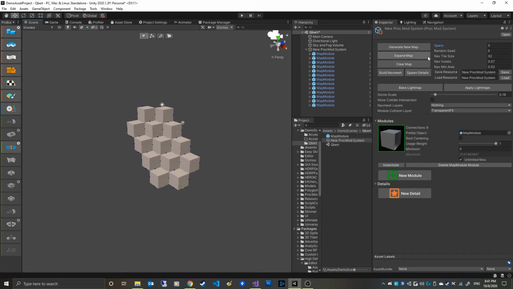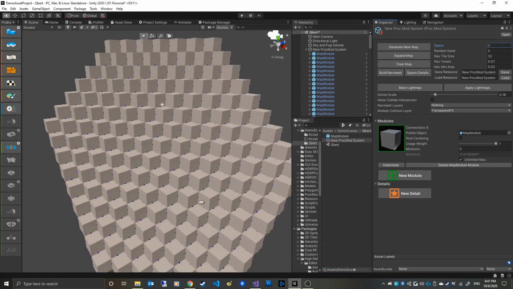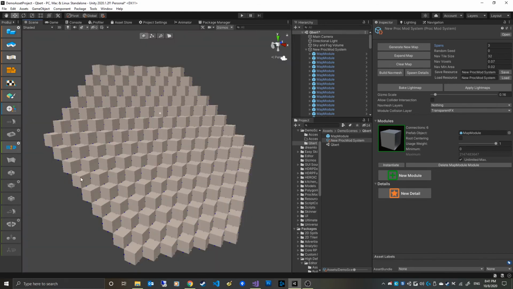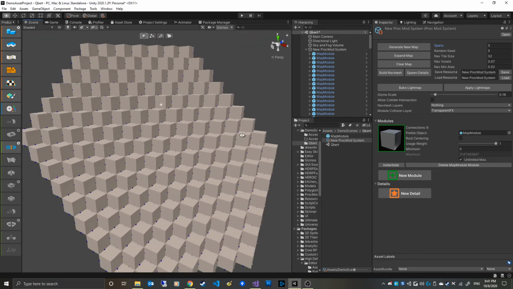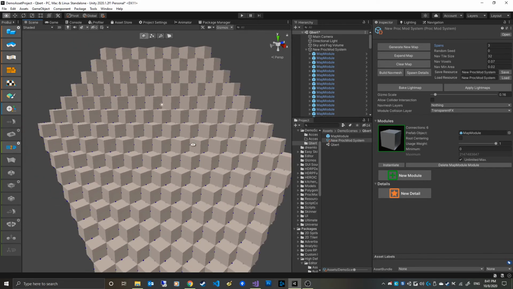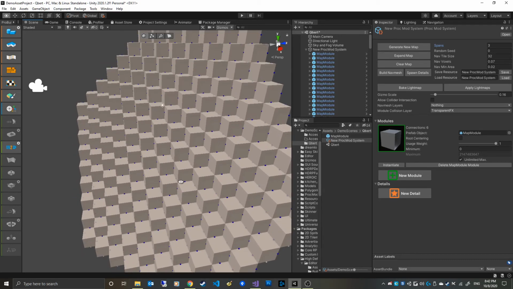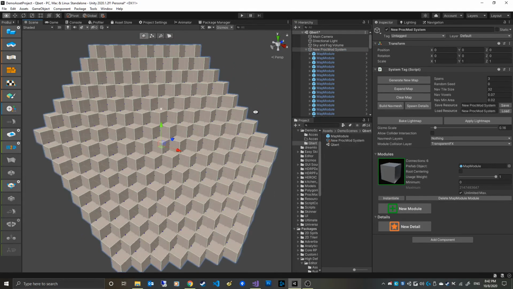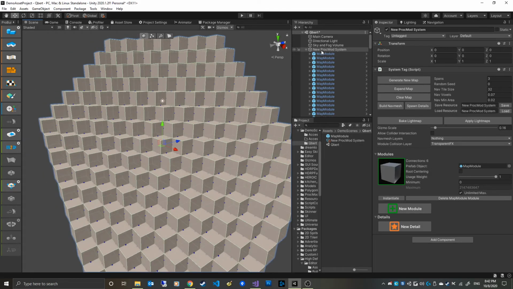So you can see really what that does by just clicking expand. It will continue to generate and expand the map from all of the junctions. So because our object is the same, it's only one object and it's the same size, then it's going to have an exact shape. So if we wanted to add a variety into this, we could add different sized shapes to that, and I won't get into that,